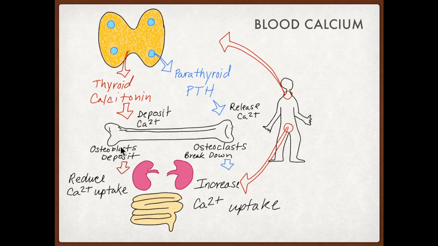Okay. We also are going to try to make sure that there's a lack of uptake by the kidneys and the intestines. So signaling is going to take care of that. So we're going to dump calcium out in the urine. We're going to let calcium pass through our digestive tract, because again, blood calcium is too high. Okay, but if blood calcium drops below or gets in that low range, what's going to happen is these endocrine